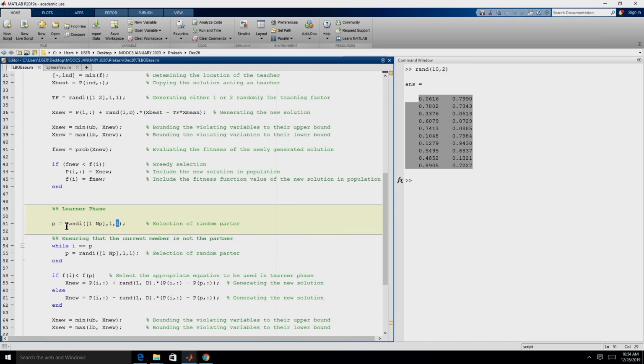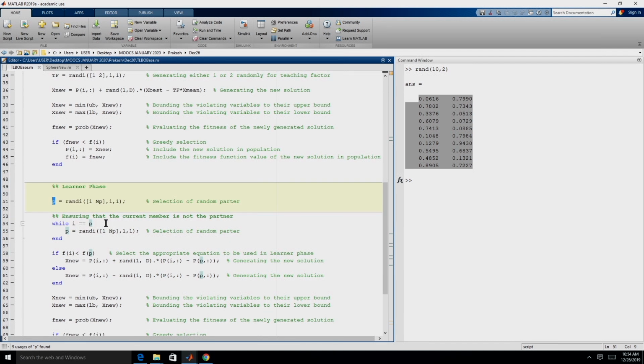It might happen that we get the value of p to be the same as the value of i. It can happen. So, we are implementing this while loop, that if i and p are equal. Let us say the fifth member is undergoing the learner phase and the partner also happens to be 5. That can happen because we are generating a random number between 1 and the population size, and the random number generated could also be 5.